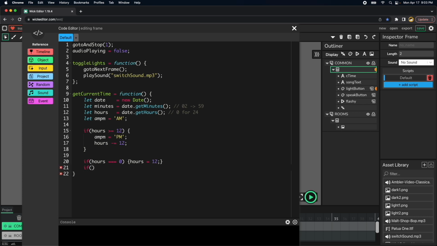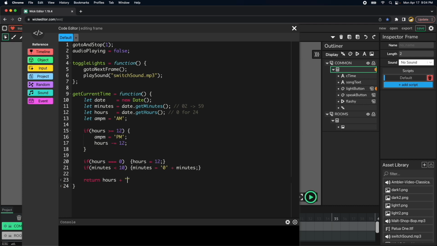If minutes is less than 10, then minutes equal to 0 plus minutes. I think that's fine. Then we want to return the entire string for the time, so let's return hours